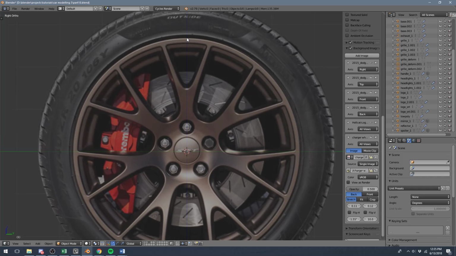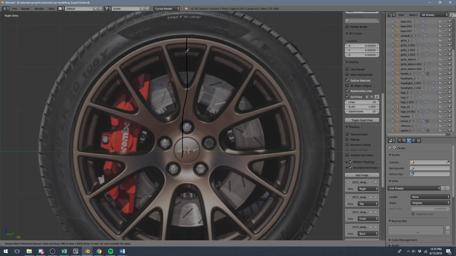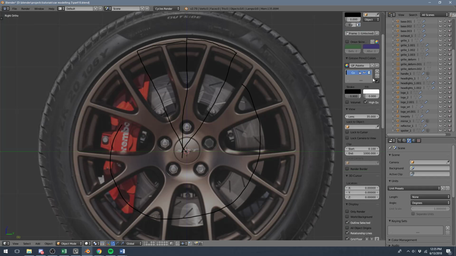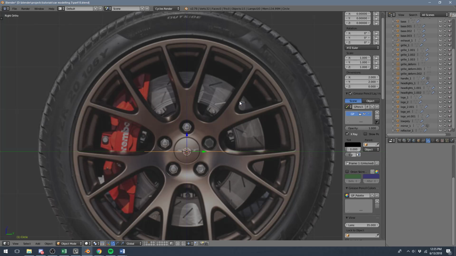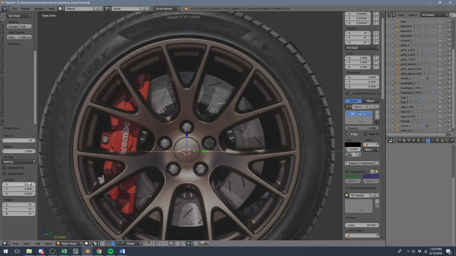Again, this is the same as before, but we're going to model this portion of the wheel. Then we're going to mirror it across, and then we'll use an array modifier to create the additional spokes that will rotate around everything. This seems familiar. So let's go ahead and add in an object. I'm going to add a circle. If we open up our toolbar, we can align that to view,